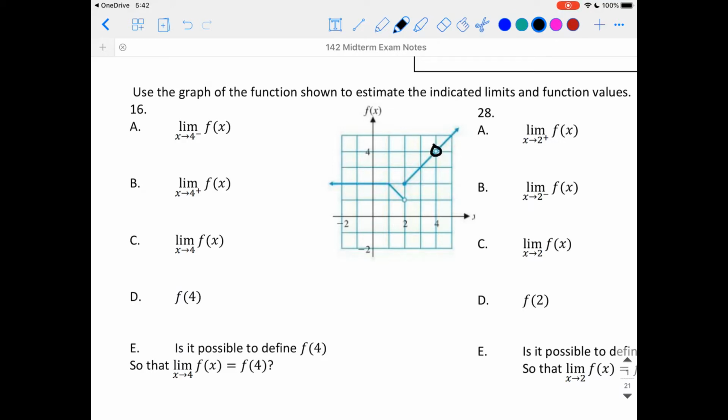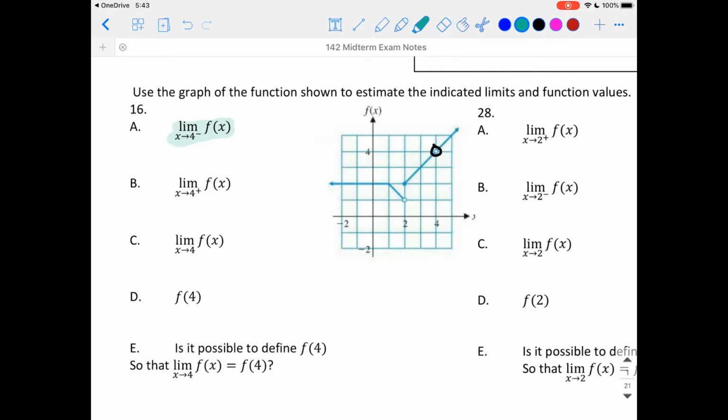And if I'm coming from the left, I'm going to highlight this, and I'm taking this really slow. I'm going to use this color here. So for this limit, coming from the left means that I'm going to put myself on the left part of the graph that's close to that x value of 4